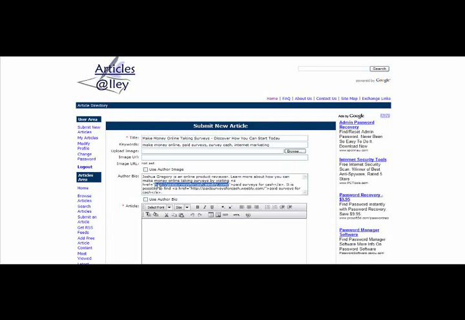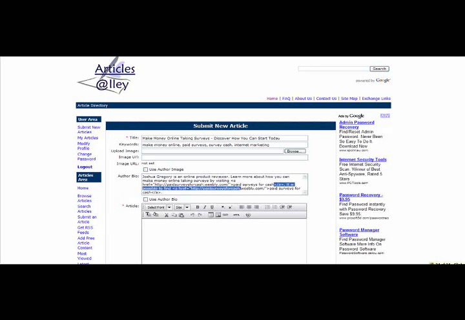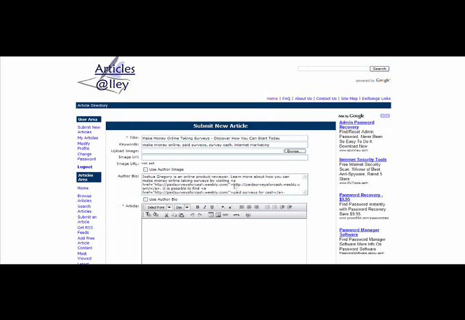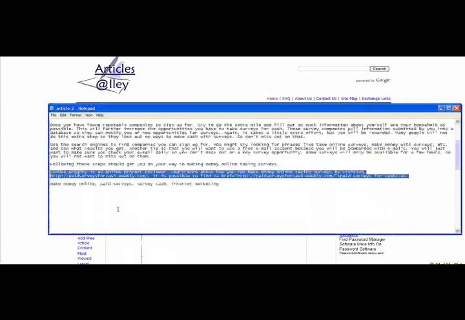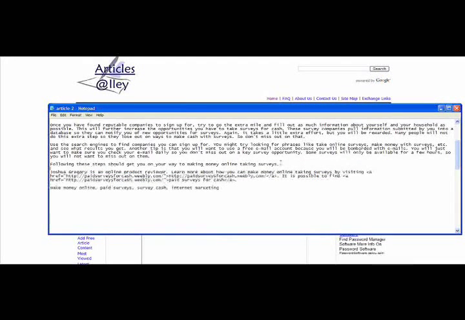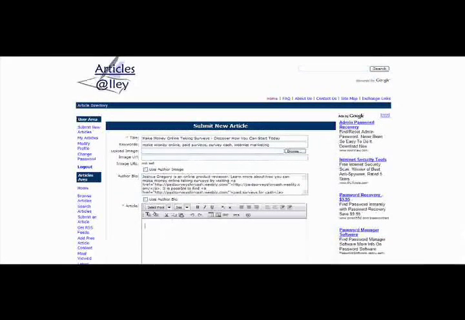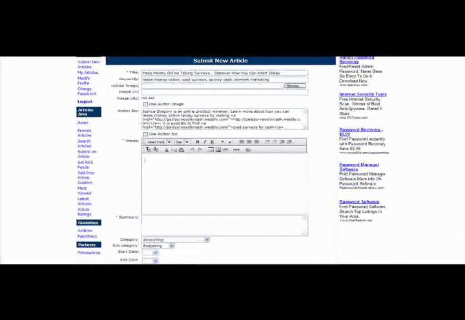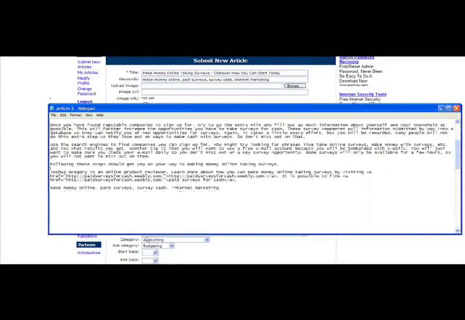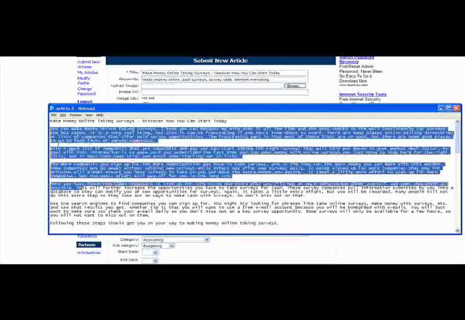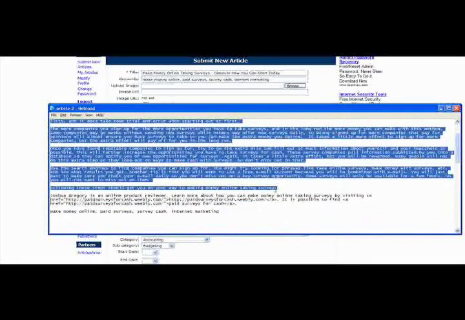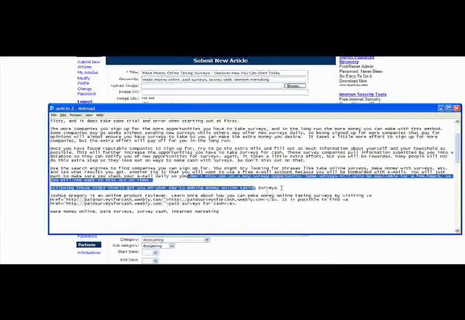Okay, so I'm just setting up this author bio just like we did in the last one, just so you can see it being done again. Okay, and then we're going to just copy that so we have the most updated version so we don't have to do this again. So there's the author bio, ready to go. And then where it says article, this is where you just paste in the article. Very basic. So go ahead and copy that.